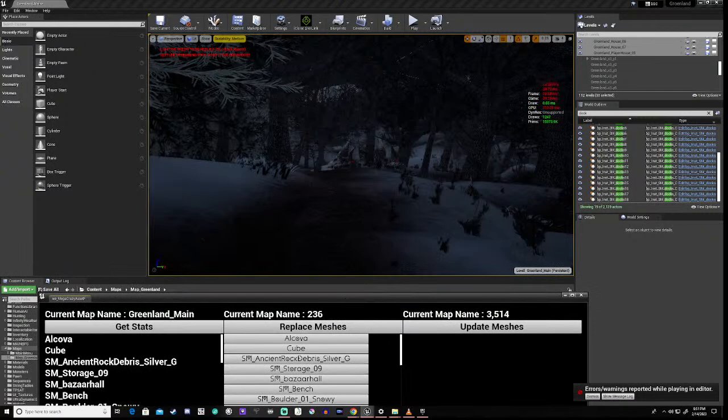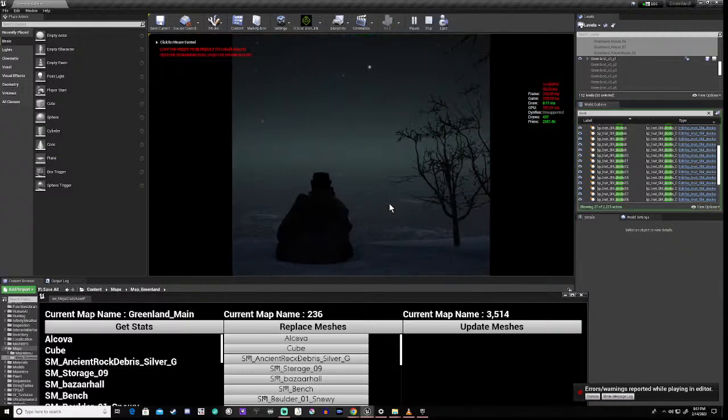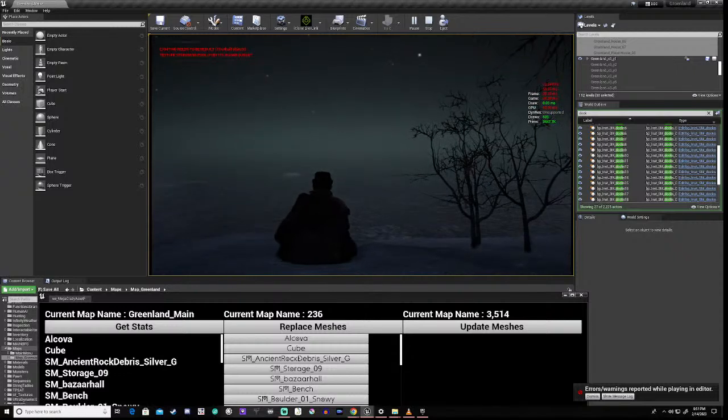And the interesting thing now is if I press play, this isn't going to make any difference. The docks surely can't make that much difference. Look at our draw now. Our draw is way down.